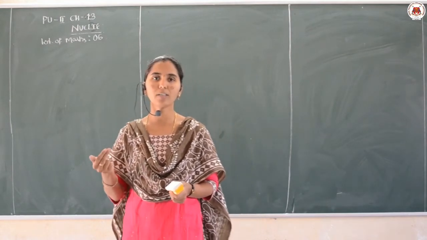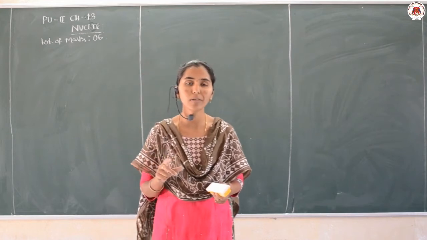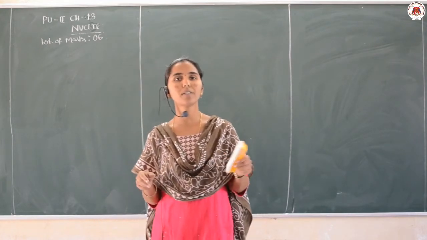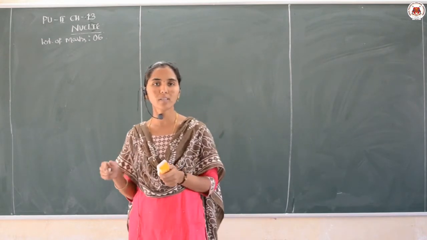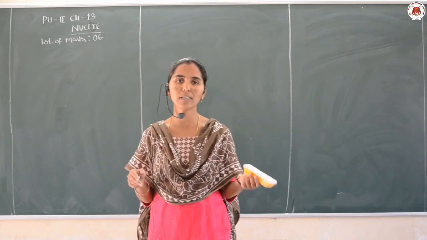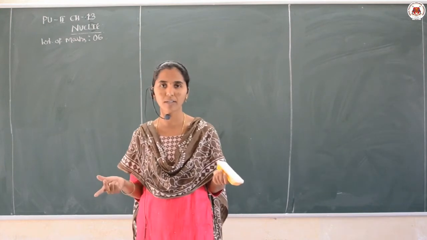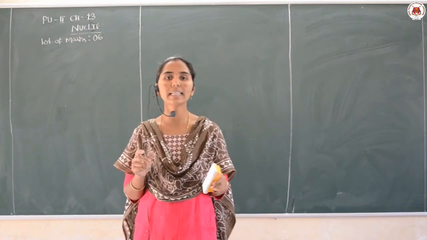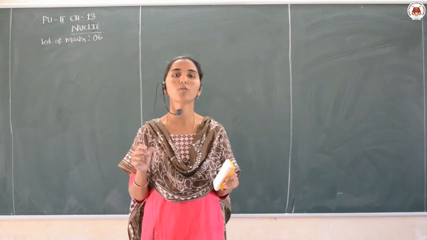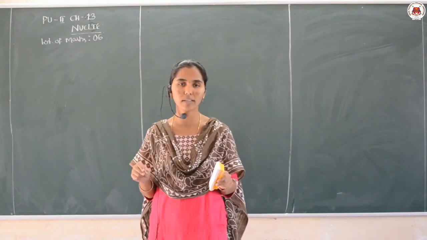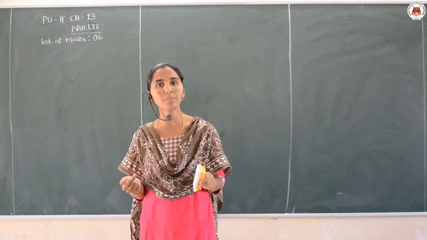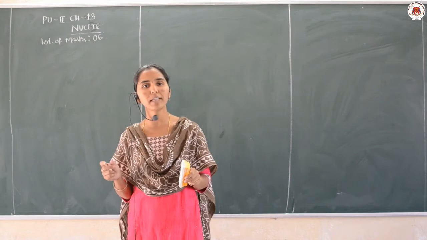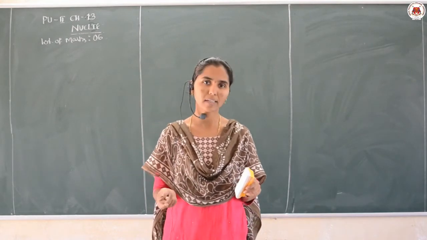And yesterday we talked about what are the constituent particles present inside the nucleus. The main constituents are proton and neutron. Proton is positively charged, neutron is neutral. Then atomic number. Atomic number means what? It is the total number of the protons present inside the nucleus. And in the neutral atom, that will also be equal to the total number of the electrons present in the atom.